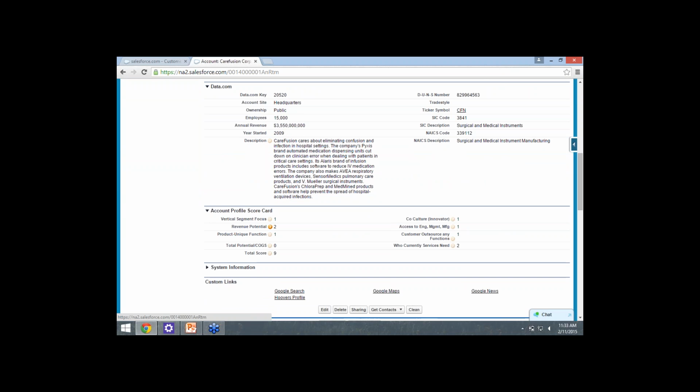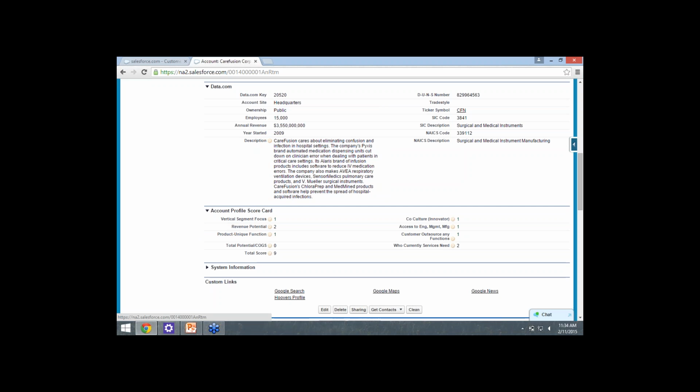One area that I wanted to highlight, an area that we added, is called the Account Profile Scorecard. Basically, this is a good way to very quickly profile an account. Let's say it came in from a channel partner. One of your manufacturer's reps came in and said, hey, we have this opportunity at this account XYZ. Maybe it's an account that you've never heard of. You enter it into Salesforce. You pull in the data from data.com,